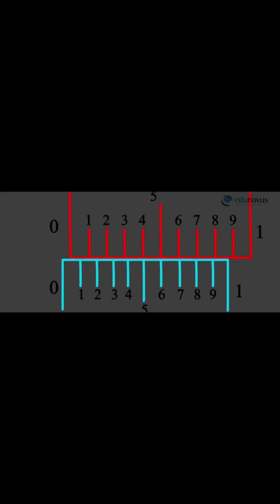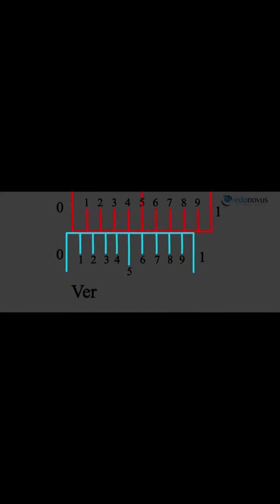Similarly, when the 0 of the vernier scale is to the left of the 0 of the main scale, it actually measures less length than the actual length. Now, let us say, for example, in this given vernier calipers B, the 0 of the vernier scale is to the left of the 0 of the main scale, and the 6th division of the vernier scale coincides with a division of the main scale.